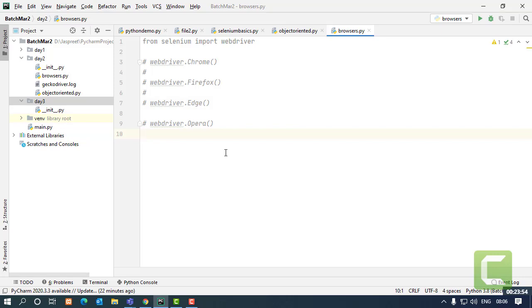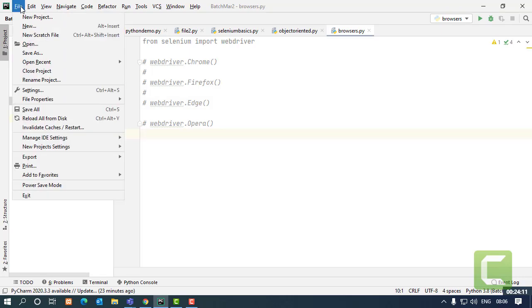Whichever project has the particular external package, that will be used in it. So package installation in PyCharm is dependent on the project itself. Right. So to use it in my batch March 2 project, I have to import that external package PyTest in my project as well.